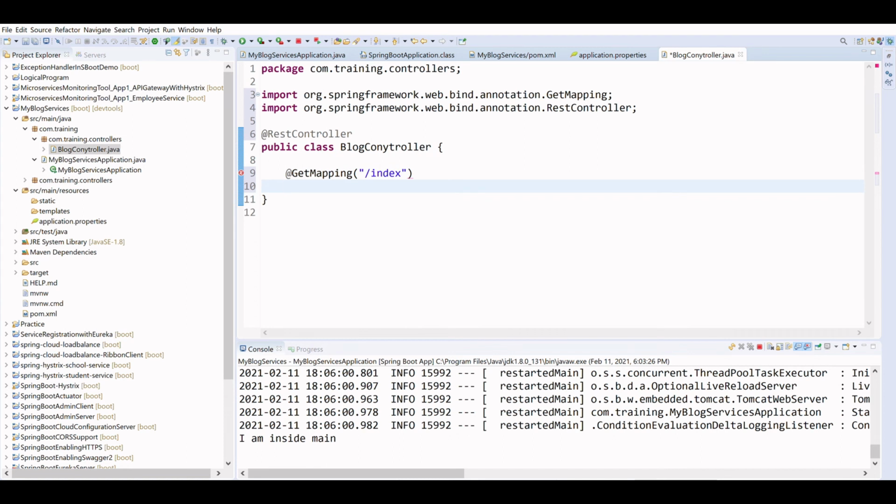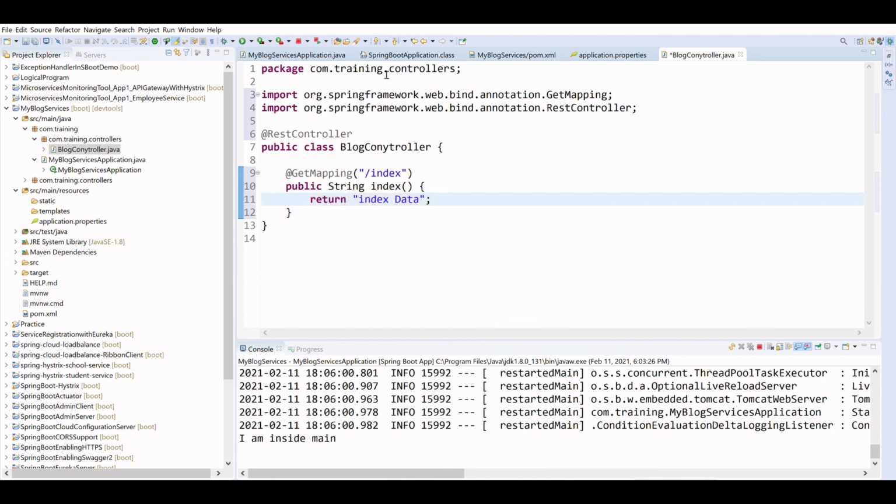The method will be public, taking a String, and in the return we will just pass the index page.